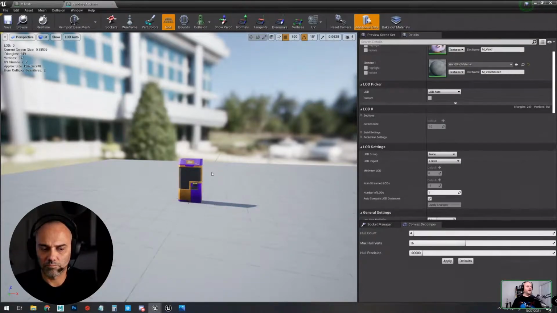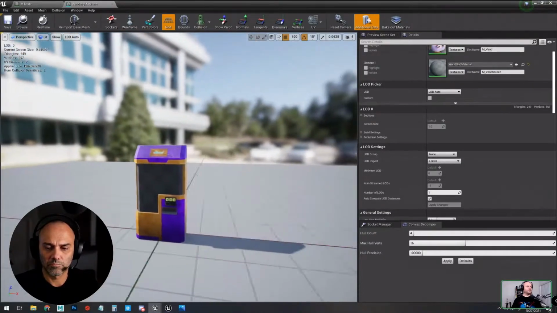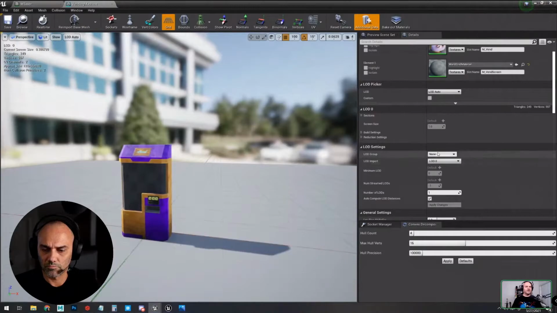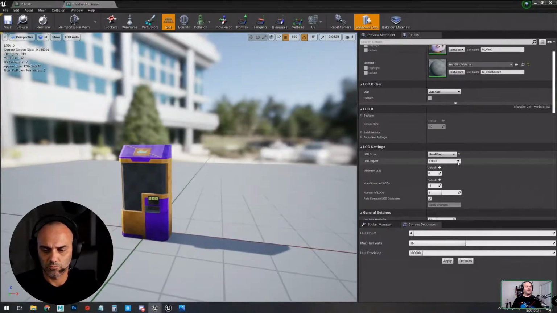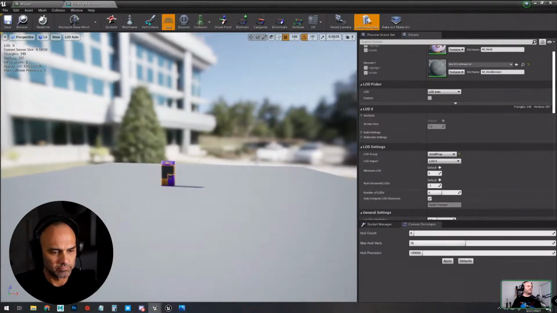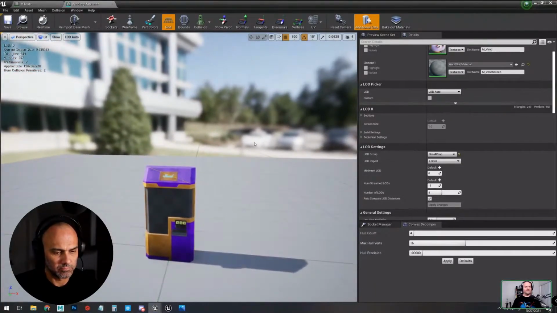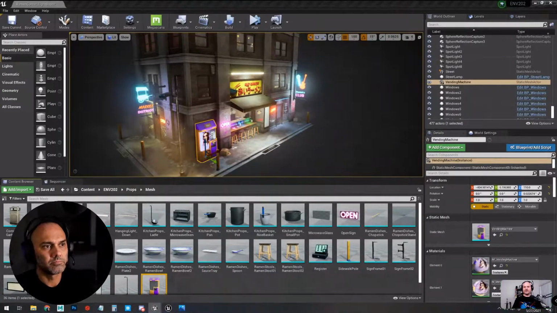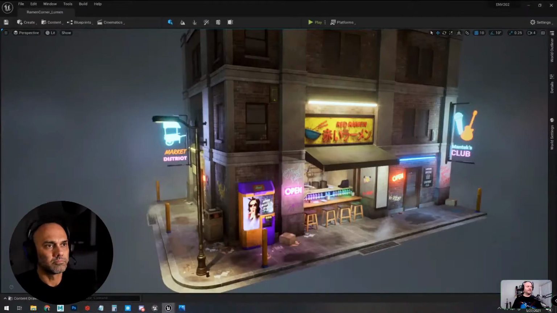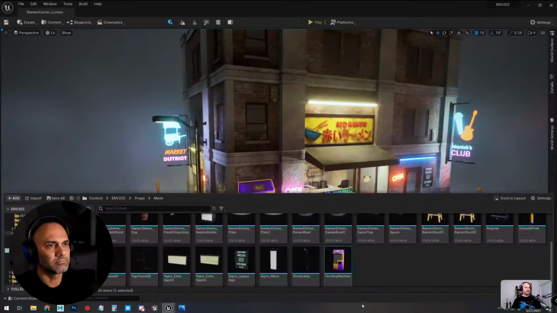Like this guy, at the moment, has no levels of detail associated with it, but I can come in here and say this is a small prop, and now suddenly it has 4 levels of detail. So I get further away from it, and the amount of triangles will change. But Nanite actually completely replaces that. So with Nanite, this here,